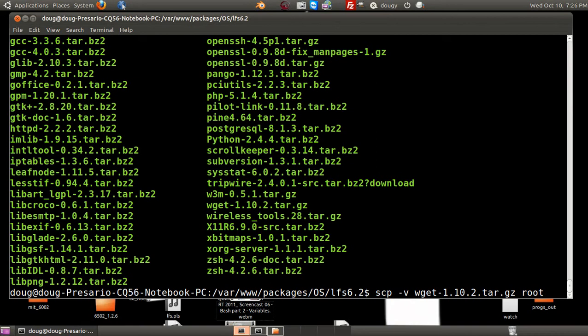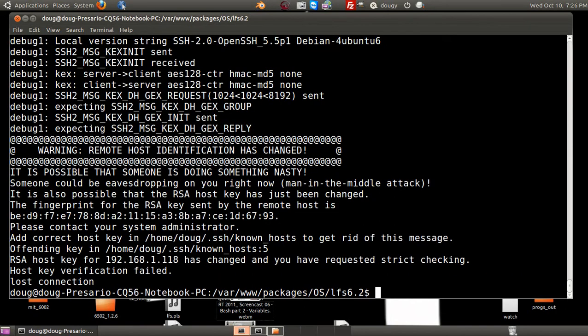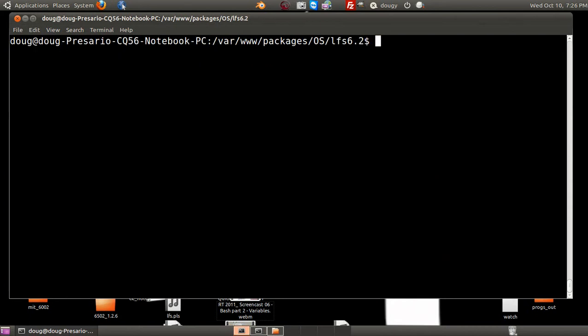So I say root at 192.168.1.118, which is my LFS machine, and you got to specify where you're going to drop it. So we'll say in the root directory. Okay, go through that. Authentication failed,